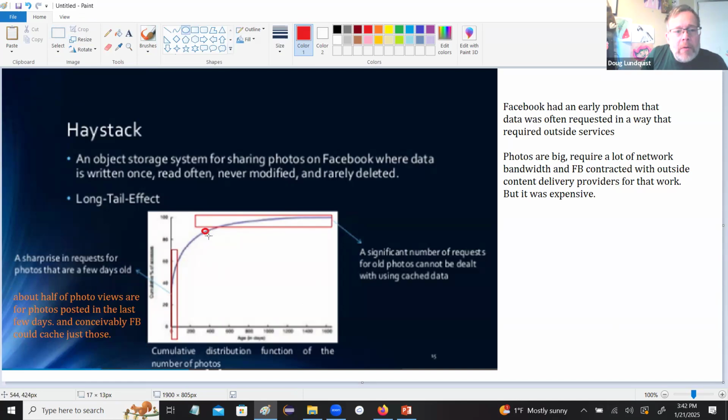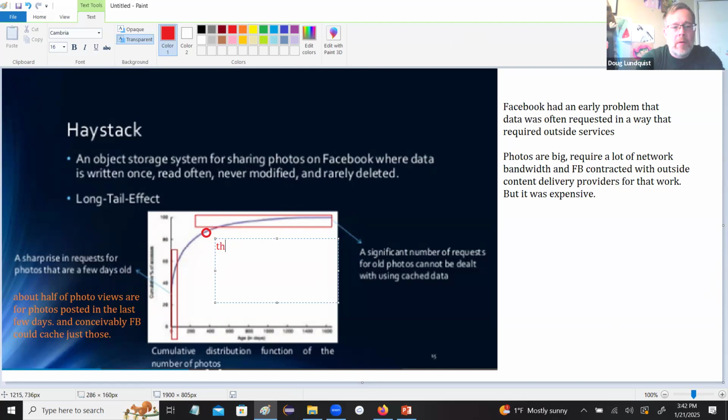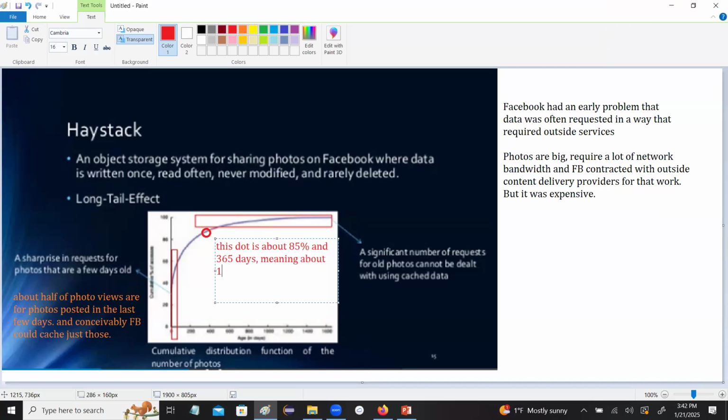This dot is about, let's say, 85% and 365 days, meaning